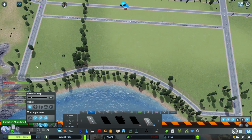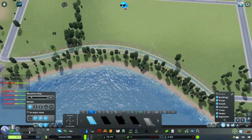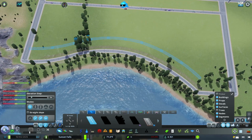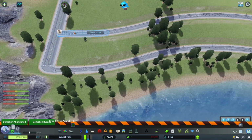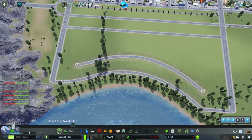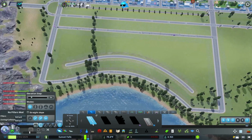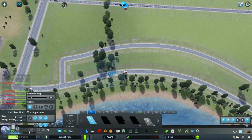So what I'm going to do here actually is use move it to copy kind of this whole curve here. Actually, let's also add this end bit. All right, let's copy this. Copy. And then just kind of bring it up just a little bit. Maybe like here. There we go. So then what I'm going to do is just delete this little overlap here. And then we can upgrade this type of road and have a nice smooth curve right here that we can then start connecting up. All right, so if we go down like that, then we can start to connect in